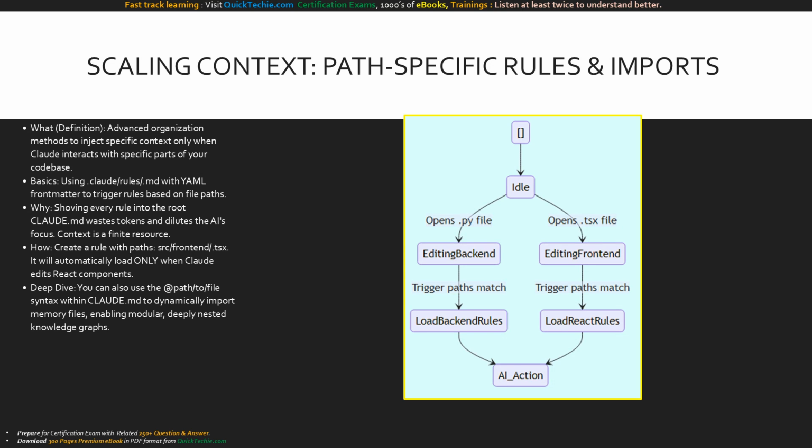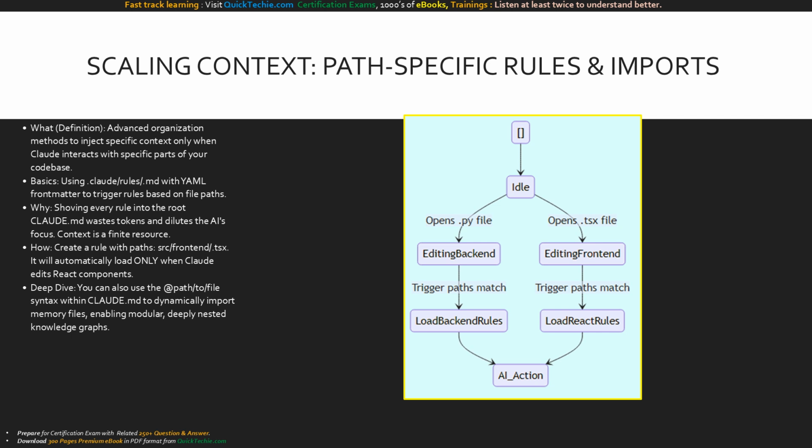This brings us to scaling context using path-specific rules and dynamic imports. What are they? They're mechanisms that inject context only when it is highly relevant. Shoving every single rule from a massive enterprise app into one root file wastes your token limits and confuses the AI. Instead, you create files in